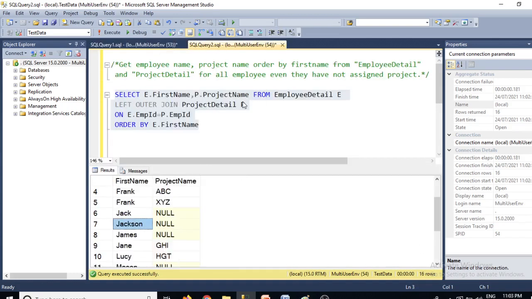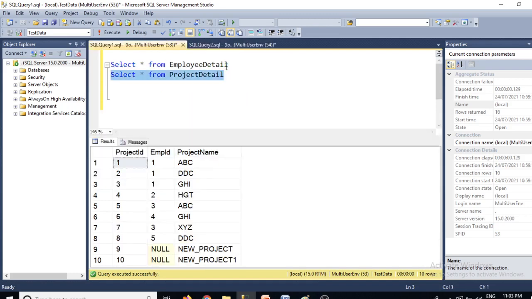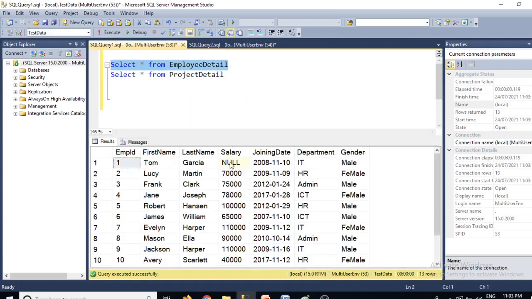What is the left table in this ON condition, right? In this ON condition, this is the left side and this is the right side, E dot employee ID. E refers to this table and P refers to this project detail table. So this is the left table and this is the right table. In the left table we have 13 records and here we got 16 records. Why do we get this many records? Because it will retrieve all the 13 employee records, but some of the employees are assigned to multiple projects.